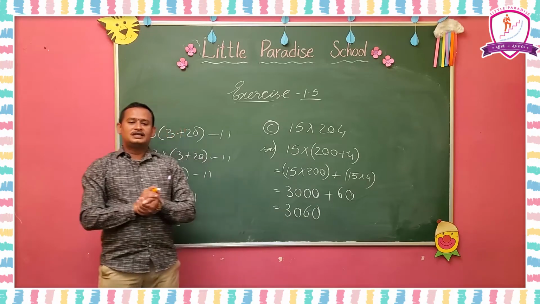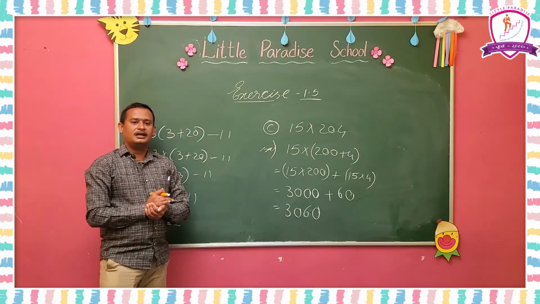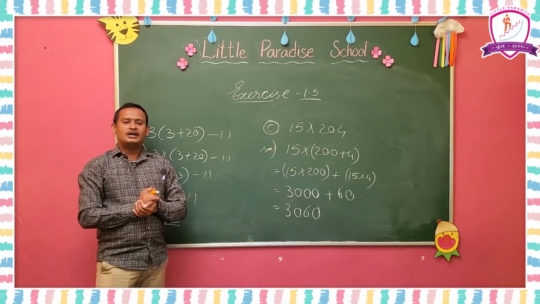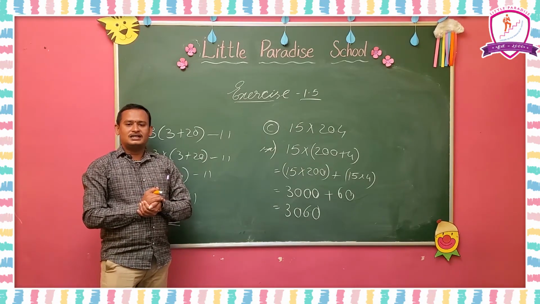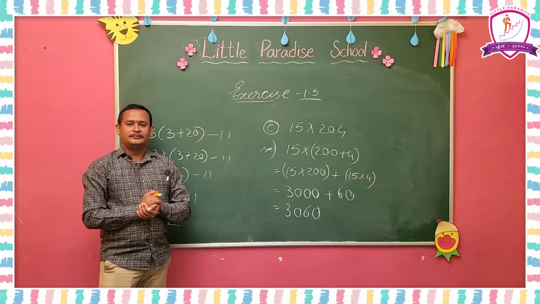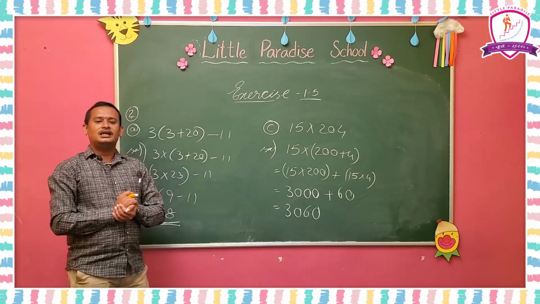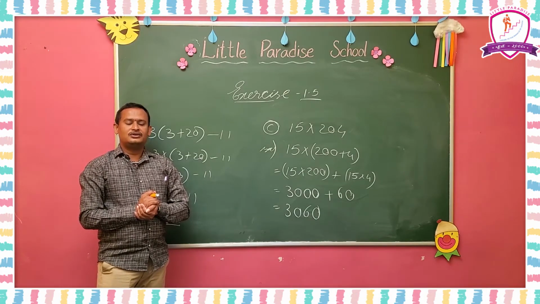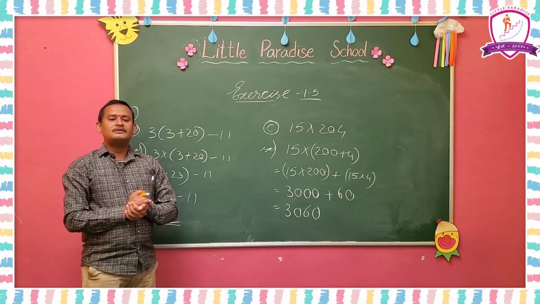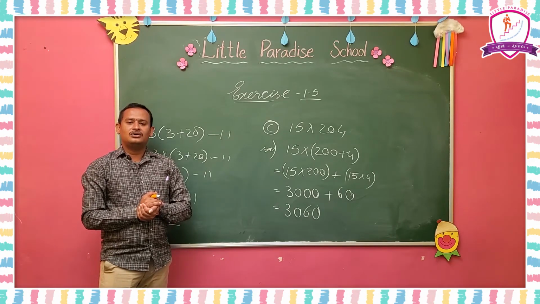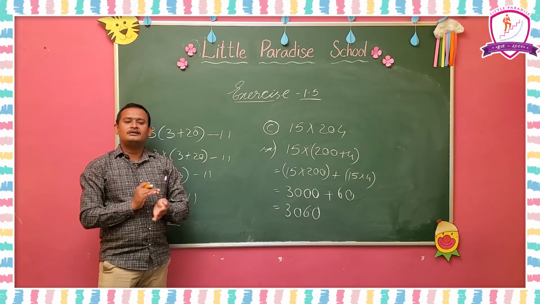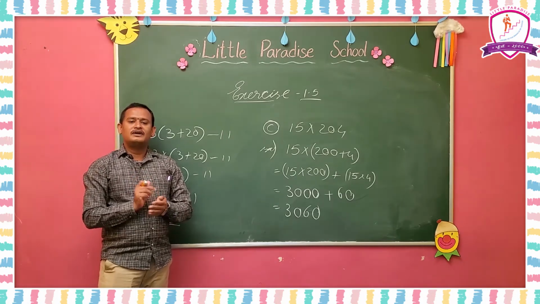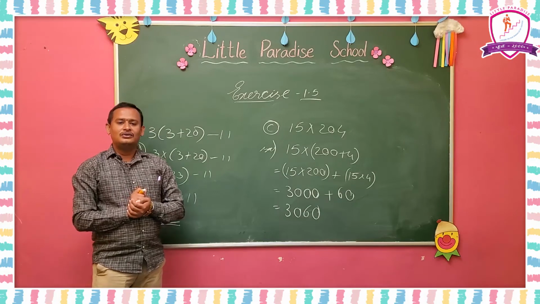Understand? So, next, now third sum I am going to explain here, that is a statement sum. All of you observe the question. Sneha plays for 2 hours and watches TV for 1 hour daily. How much time does she spend on these activities in a week? So, that is the question. Time spent by Sneha for playing is equal to 2 hours. Time spent by Sneha for watching TV is equal to 1 hour. Time spent for both activities per week is what we need.